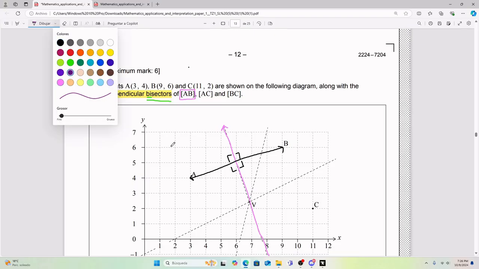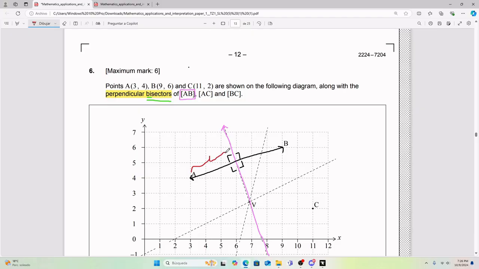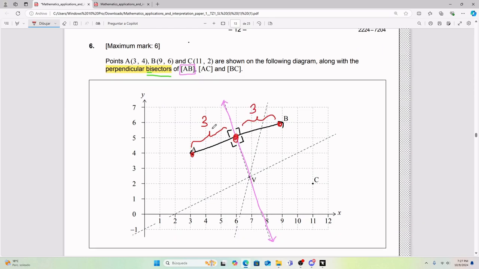If this distance that I'm putting now in red, ¿cierto? I'm going to make it up, see? If this distance from here to here is 3, then that means that the distance from here to here also has to be 3. That's why it's a perpendicular bisector, okay? Those distances are the same. That is the intuition of a perpendicular bisector, and the main way I think that you end up using this